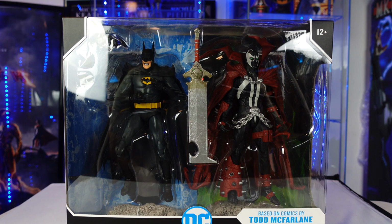What's up, guys? Cejaman back, and today we're taking a look at the brand new, controversial, I guess you can say, Batman and Spawn 2-pack. This is really exciting ever since it got announced too, because we've always wanted a 2-pack that featured Batman and